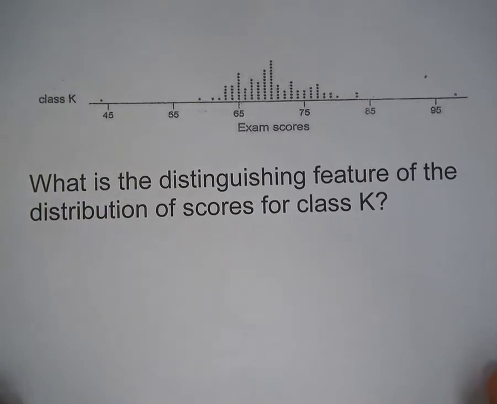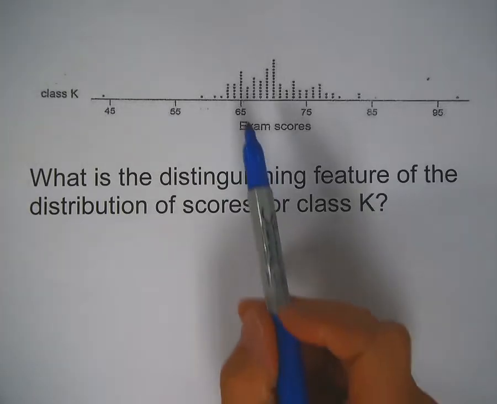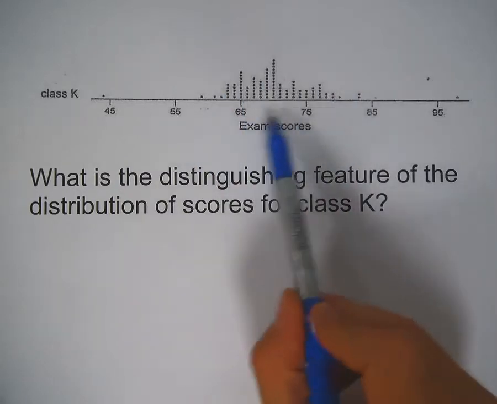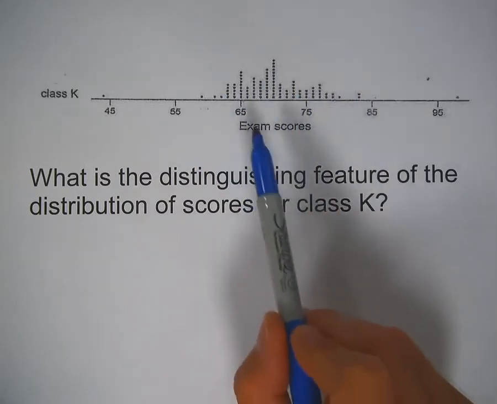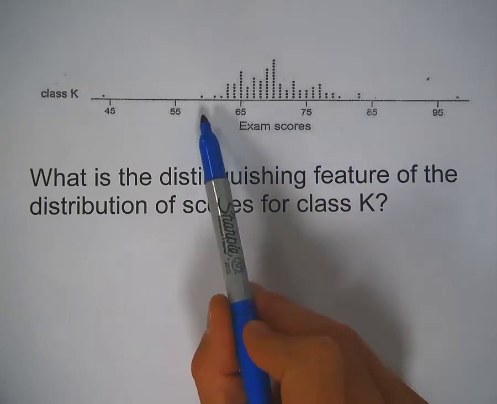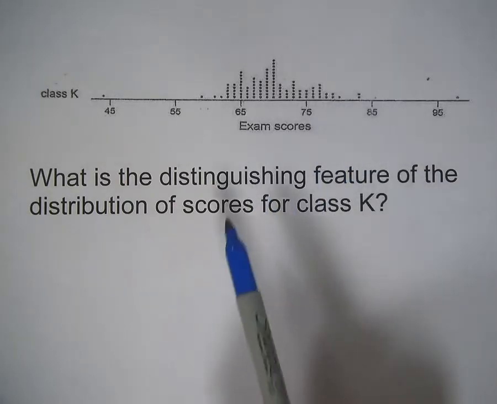Okay, one last dot plot. Now we're not comparing this one to anything. We're just taking a look at the distribution on its own. It says, what's the distinguishing feature of the distribution of scores for class K? If we think about center, spread, and shape, the center is somewhere between 65 and 75. There's not a lot of spread. It's between about 60 and 80, similar to some of the other classes. I would say the distinguishing feature